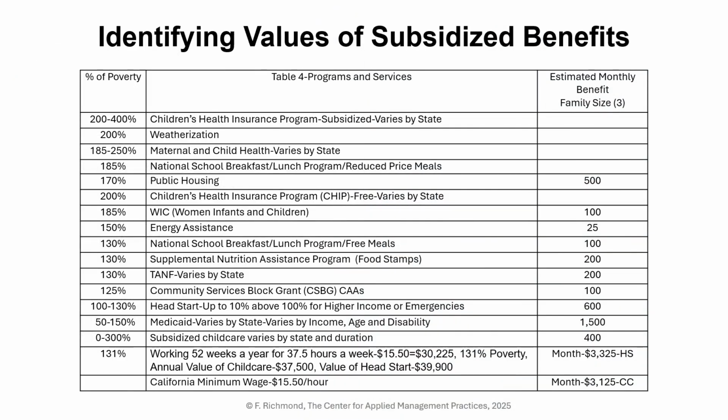All right. I just created this chart here because what it showed is the value on a monthly basis. So if you look at 150% of poverty, energy assistance, it's $25 a month. School and free lunch, $100. So what you can say is that those benefits, in the case at the bottom right, the Head Start family would save, what, $3,300. So essentially, you have a number. This is what gives you credibility because if you're going to identify a cost savings or reduction, you know where that is, and you can get those numbers online. It's pretty easy, okay?